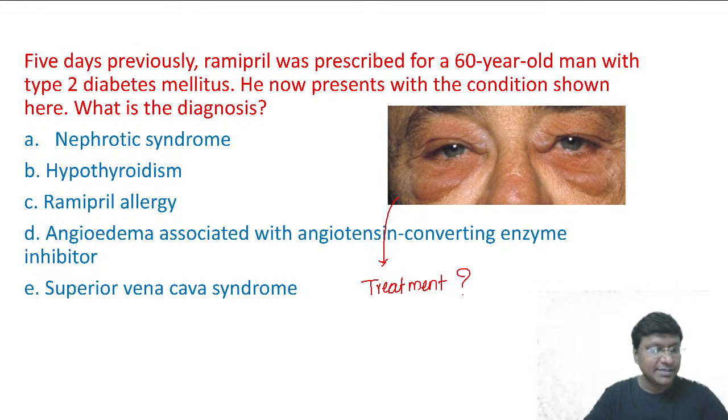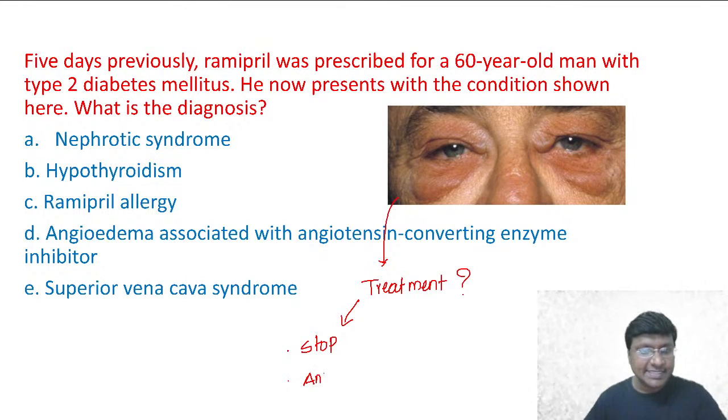Prati, Ravi. Okay, we will replace ACE inhibitors with ARBs is the next point. But how will you treat this angioedema? That is what I am asking. So, how do you treat these patients is, first of all, you stop the drug, right?